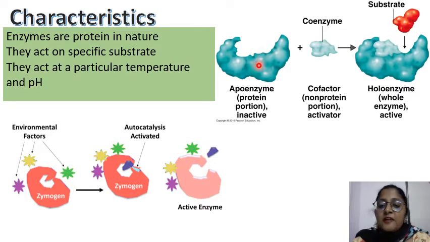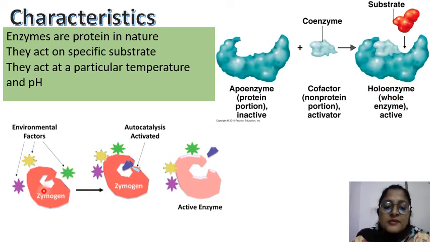The enzymes have a protein part which is known as the apoenzyme, and a non-protein part which is known as the coenzyme, which bind together to form the whole enzyme, which is known as the holoenzyme, to which the substrate comes and binds. So one is the protein part, another one is the non-protein part. Protein part is known as the apoenzyme, non-protein part is known as the coenzyme, and the substrate then binds with the total protein and non-protein, that is the holoenzyme part or the whole enzyme part.